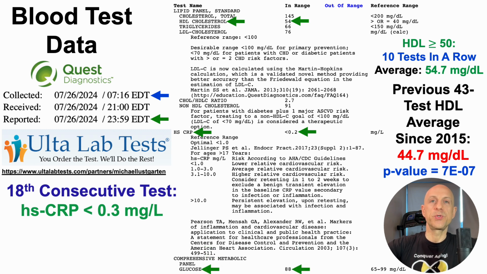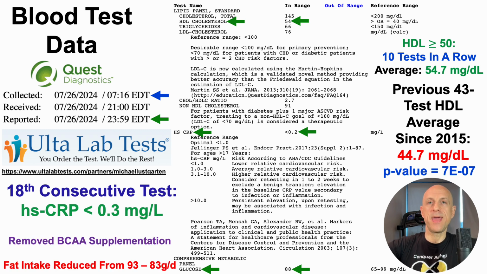Also, glucose, which was 98 on the high side for my last test, blood test number 4, returned to close to my average at 88 milligrams per deciliter. Now, what was behind that? I can't say with much certainty, but I did make a couple of changes that may have made an impact.